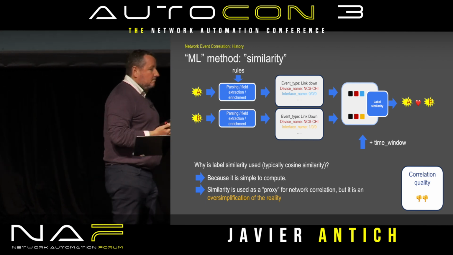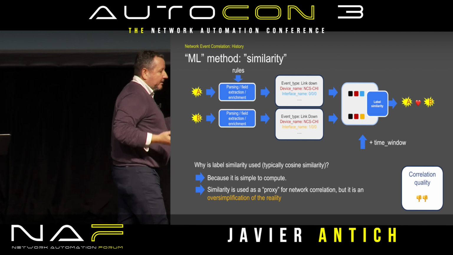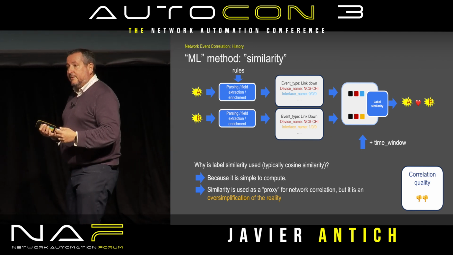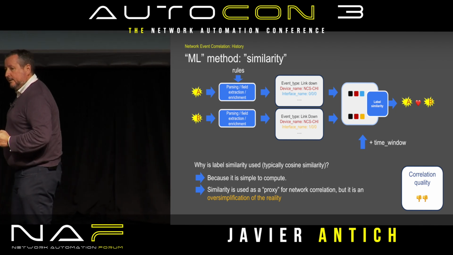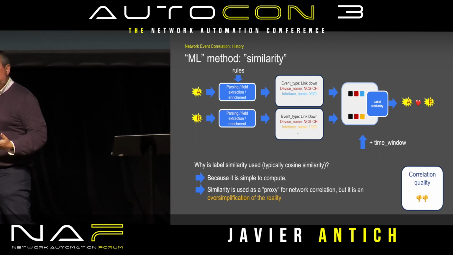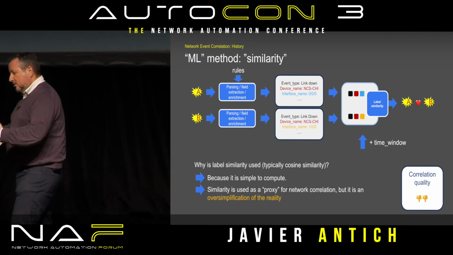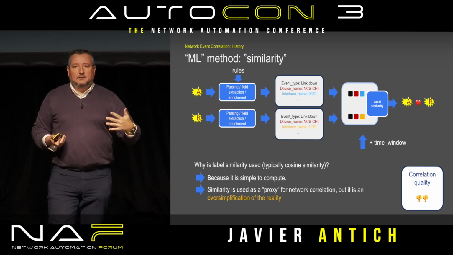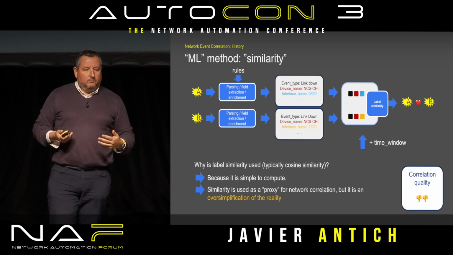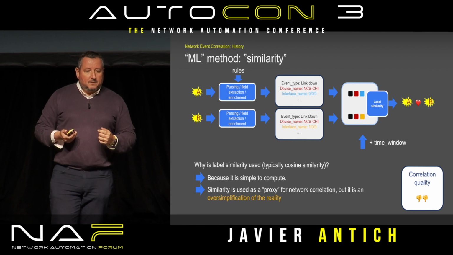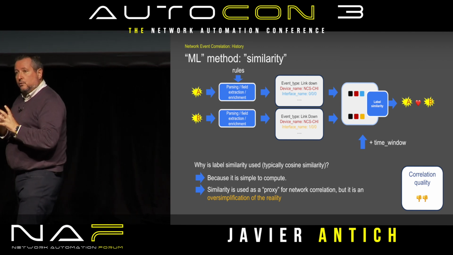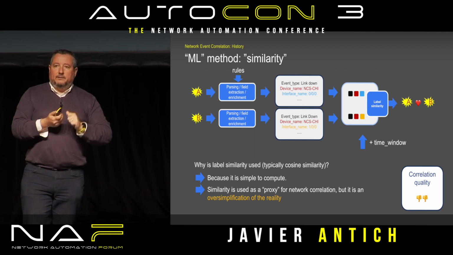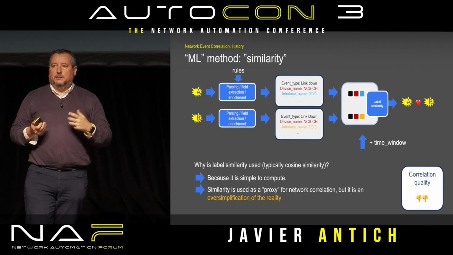Then over the past few years, some vendors came up with, hey, let's use machine learning, right? That sounds like an opportunity to use machine learning. And they came up with this idea of similarity, right? Which, by the way, has nothing to do with machine learning itself, right? But it's always good to put the ML thing around, and it makes things more sexy. But let's say you get two events, right? Again, you have still probably some rules to parse, to extract fields and whatnot. And then you have the two events in a more structured way with certain attributes, certain fields, the type of event, the device name that the event came from, perhaps the interface name if it's associated to an interface, and so on.